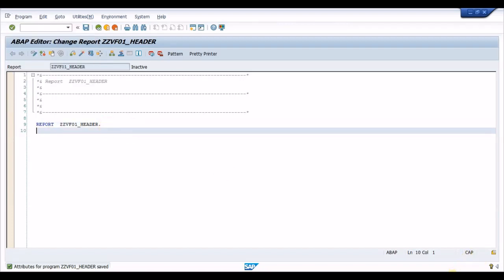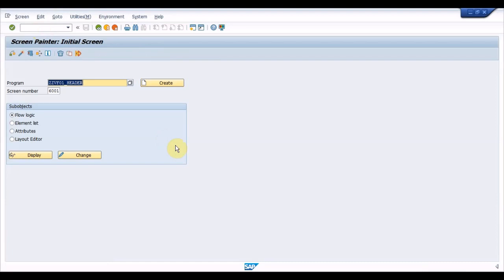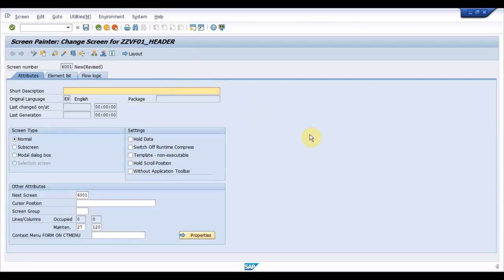Then screen painting for the field visibility in the billing document. Execute the transaction SA51, input the program name which was created in the transaction SE38 and input screen number 6001 and click on create. In the attributes tab, choose the subscreen radio button and then click on layout button.